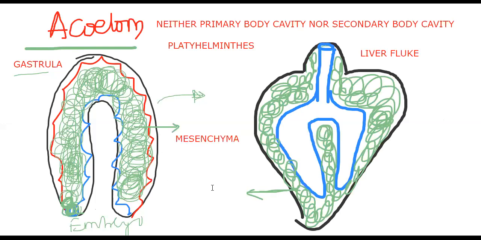So mesenchyme, which is the mesodermal cell group, develops in the adult as parenchymal tissue, parenchyma. So the complete body cavity is filled with what? See here, I'm using the same green for mesoderm and mesodermal tissue. So just keep that in mind: whatever I have drawn in green is nothing but mesoderm. The mesodermal cells divide and form the mesenchymal tissue, which is reflected in the adult as the parenchyma.